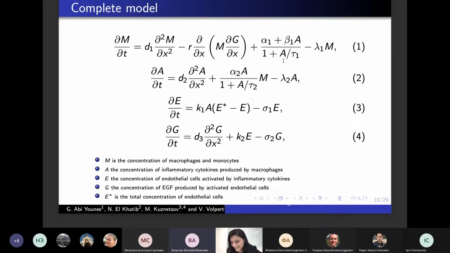Gada, will you answer this question? You want to talk about the free boundary problem? No. Well, okay. Let me talk. Well, in fact, yes, of course, you are right.